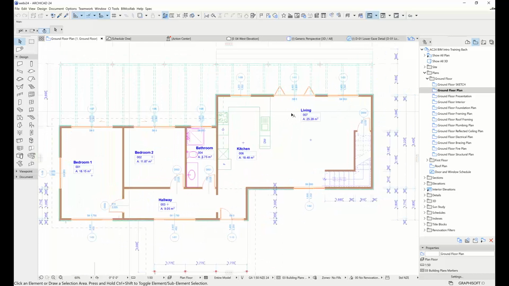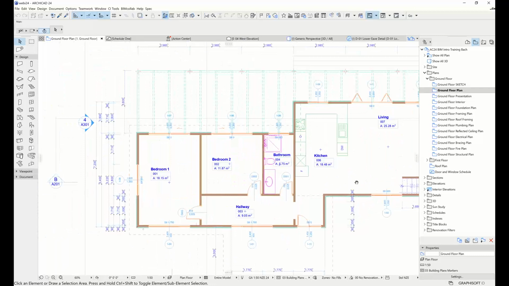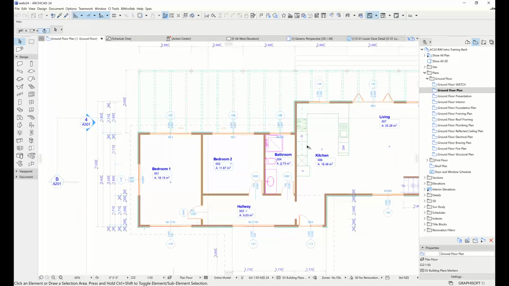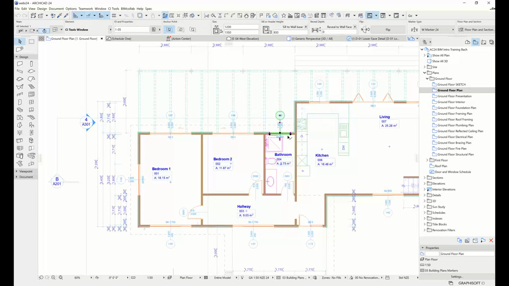So one of the things that I had this week is a handful of questions about things to do with Doors and Windows tools. And so I'm going to start by looking at that. The first thing that I wanted to look at was the calculated areas that you can display for Doors and Windows. This might be something that you're using already, possibly, but if not,